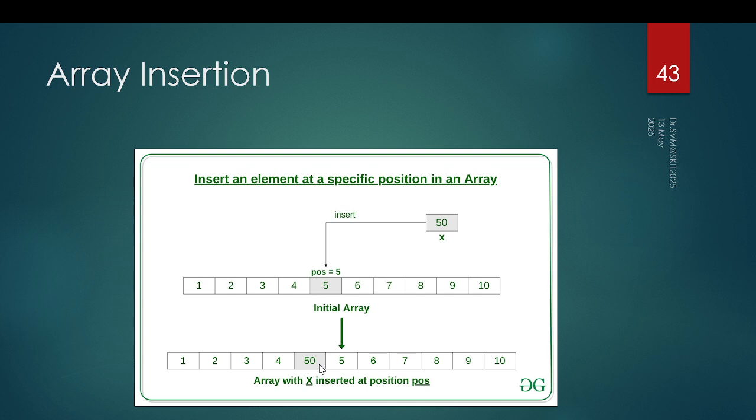So the overall process is, the first step is this 10 has to be moved one step to the right, then 9 should be shifted to this gap, 8 should be shifted to the next created gap, then 7, then 6, then 5. After 5 is shifted, a gap is created here in which 50 can be written. So we need to keep shifting from the tail end one step each,